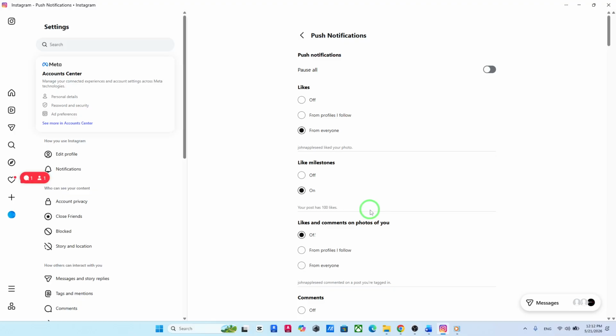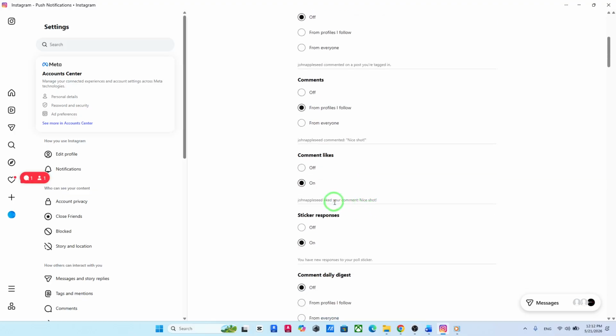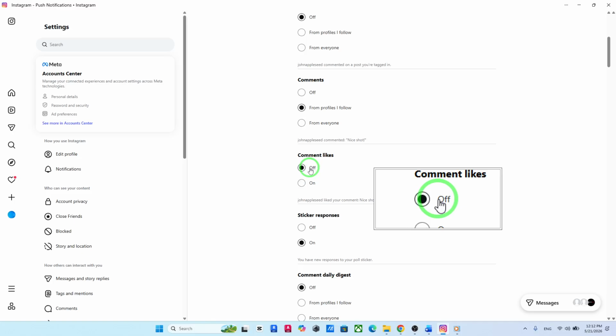Now, scroll through the list until you find Comment Likes. This is the setting that controls notifications whenever someone likes a comment you've made. Under Comment Likes, simply select Off. That's